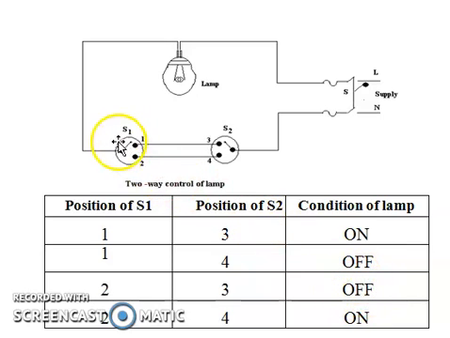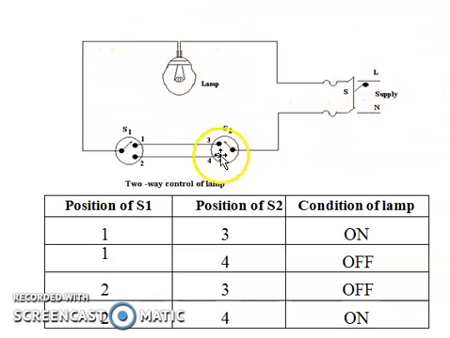When switch number 1 is at position number 2, see the path, okay, like this, and when switch number 2 is also at 4, here it completes the path like this, and the lamp will be in on condition. This is how the two-way control of the lamp will work. Just a very simple diagram: you draw one switch, another switch, connect one lamp, and power supply is given to that lamp using two switches.